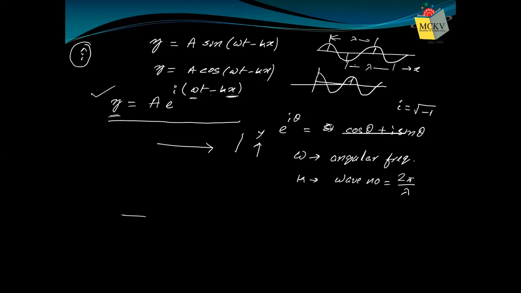Suppose this is your coordinate system, x, y, z. This wave can propagate in any arbitrary direction. Suppose it is going along this direction. This is the direction along which the wave is going. Then how will you represent it? How will you write the wave? Then you cannot write it in this way, because now the direction is arbitrary, r direction. R is any arbitrary direction. How can we write r in terms of x, y, z?